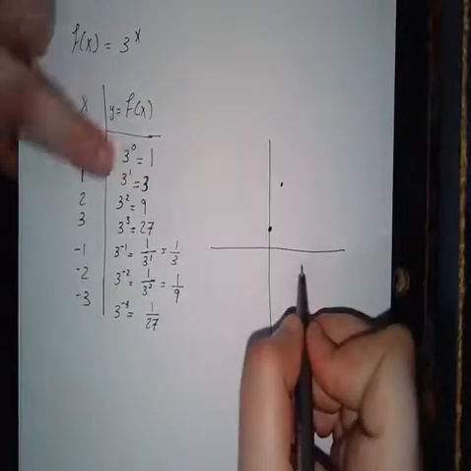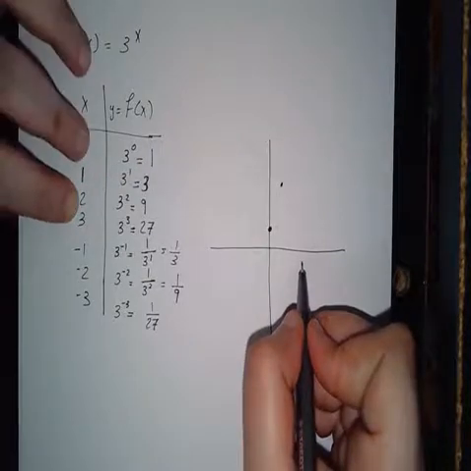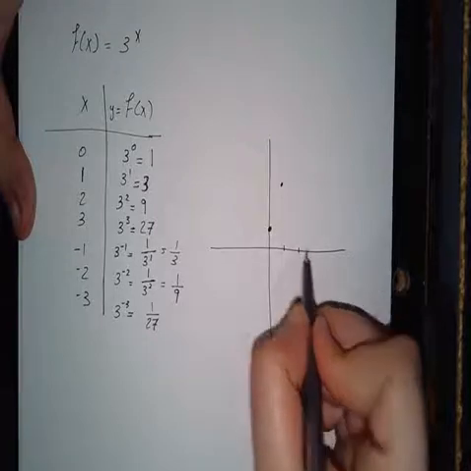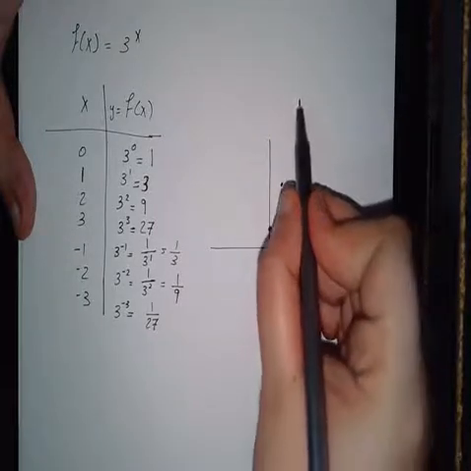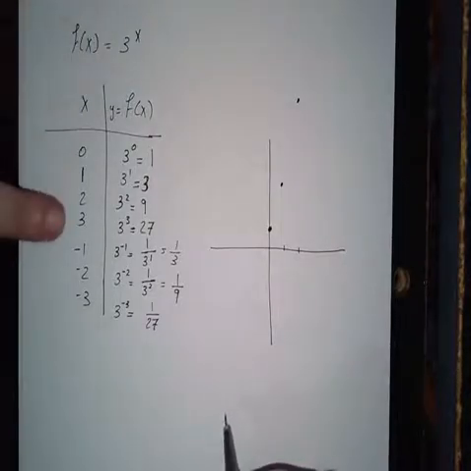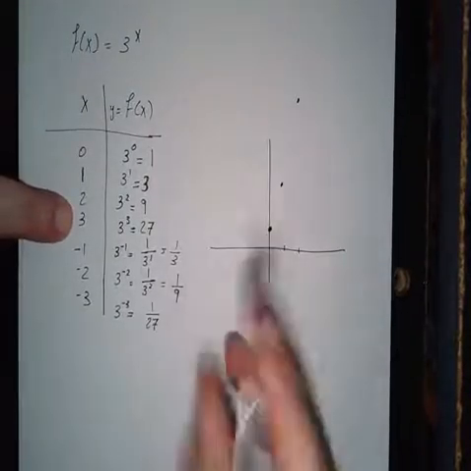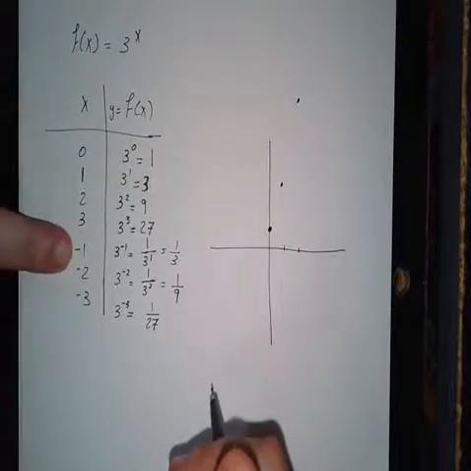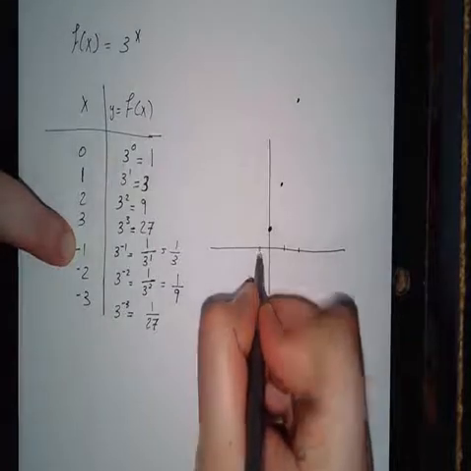Alright? When x is 2, y is going to be 9. So this is 1. So at 2, y is going to be all the way up here. And this is not to scale, I'm just sketching it roughly. Now, when it's 3, it's 27, and I'm not sure I can even graph that. Now let's go to the negative. When x is negative 1, which is right here,